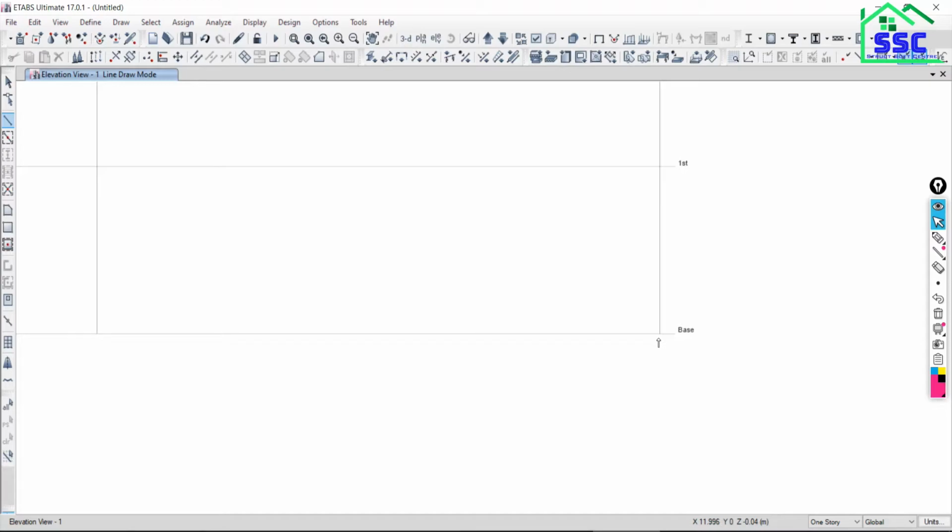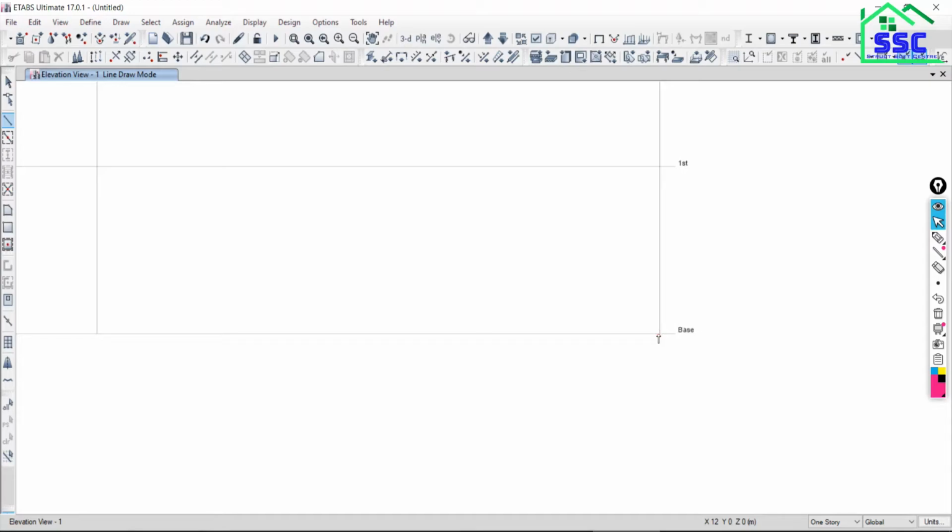You all got it? Unless you take your cursor near the joint from where you want to start a line element, and you are not getting the red mark, don't click on that point. Right now I am getting the red mark, then I am going to select that point.